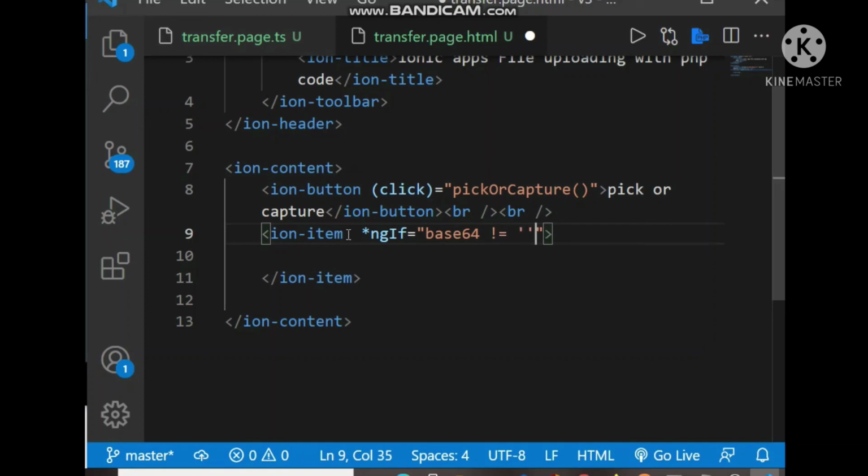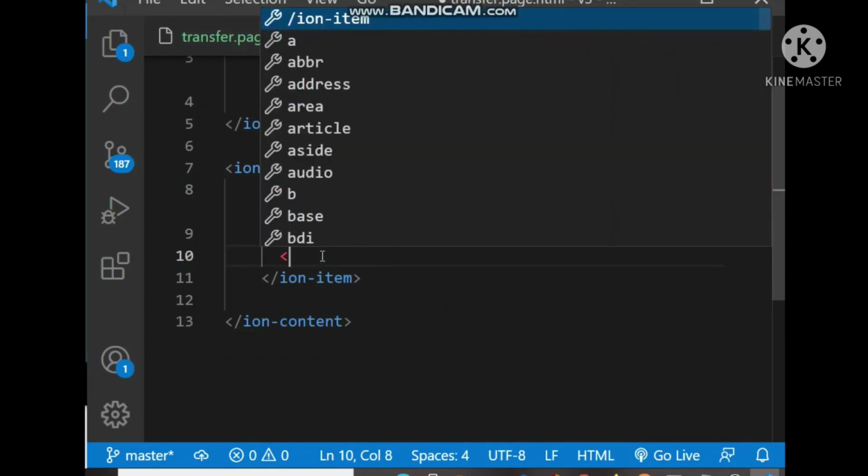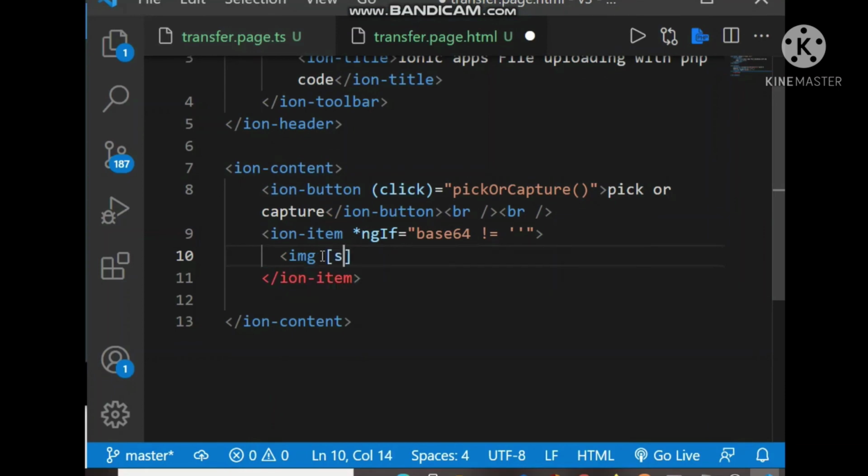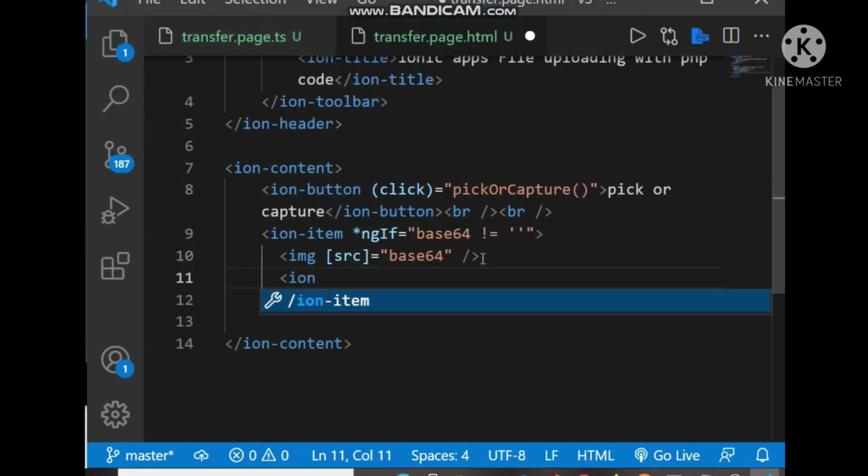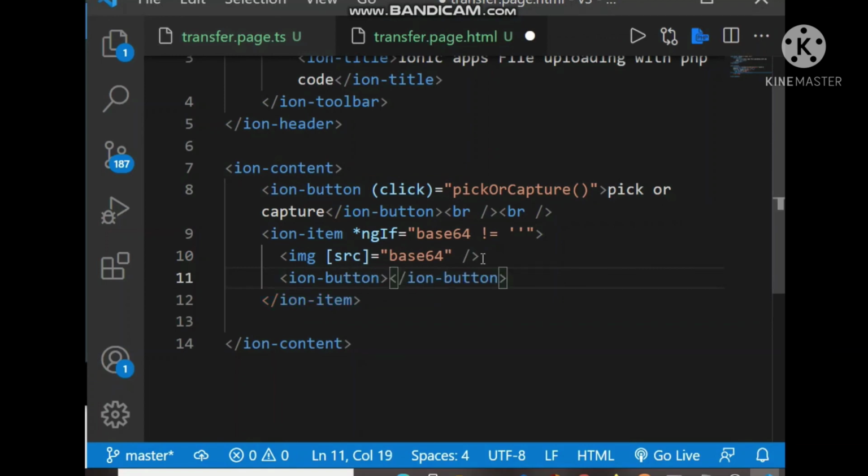So this block is only shown when we have some base64, then we will show this item. So we will put an image, and the src will be the base64, and after this we will put a button to upload.